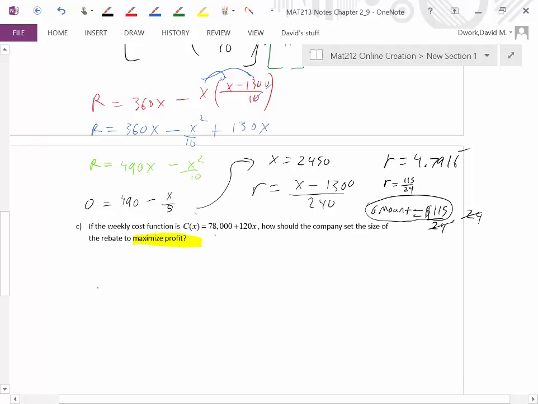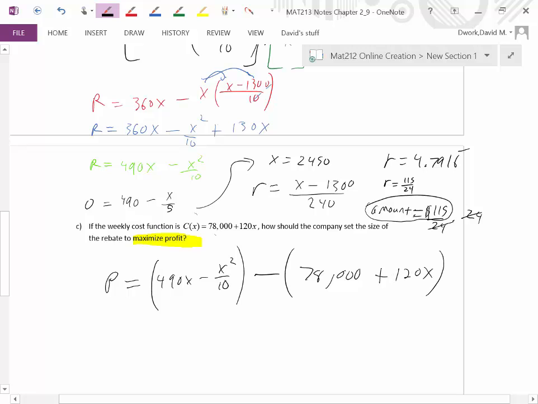So if I were to create a profit function, we know profit, excuse me, let's use a P. We have a couple P's in here, so let's not confuse them, but this P means profit. How do you create profit? It is revenue, which was 490x minus x squared divided by 10. There's our revenue equation minus our cost equation. This should seem familiar, right? Okay, so now